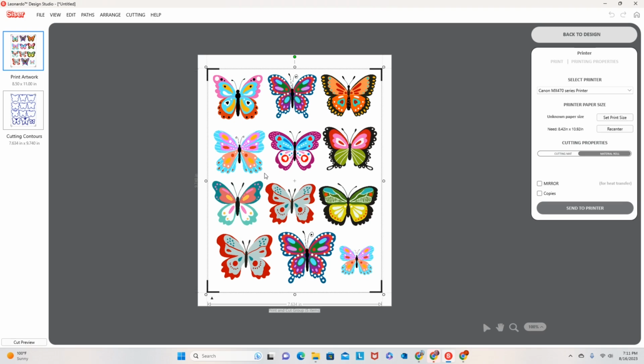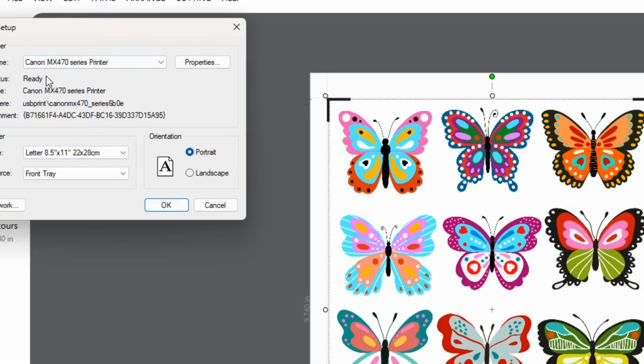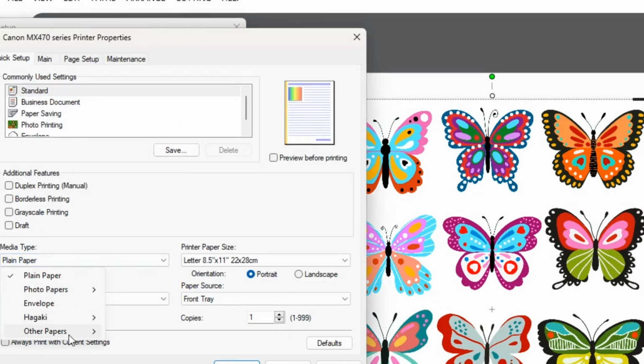So the first thing I'm going to do is I am going to send this to the printer and I am going to print 2 copies of this. Okay, so I'm going to click send to printer. I'm selecting my Canon MX470 series. I am going to check the properties option. For my media type, I am selecting other papers, other photo paper, and I am going to print 2 copies. Okay, and I am going to click OK, and everything that I'll do from here will be back on the